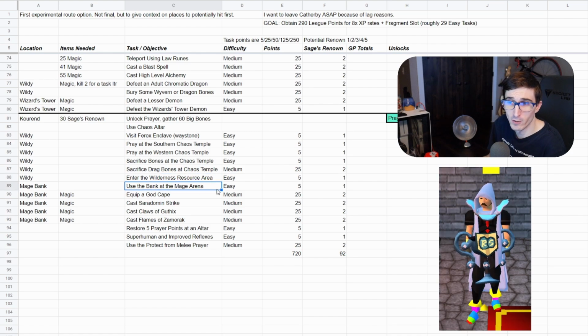I'm going to use the Bank of the Mage Arena, of course, and then after that is equipping a god cape, using the 3 god spells, and that'll all be medium tasks, which is going to be super awesome. And then on top of it, for prayer stuff, I didn't know really where to put these, but yeah, you can restore 5 prayer points at an altar. Using Superhuman and Improved Reflexes at the same time is an easy task,